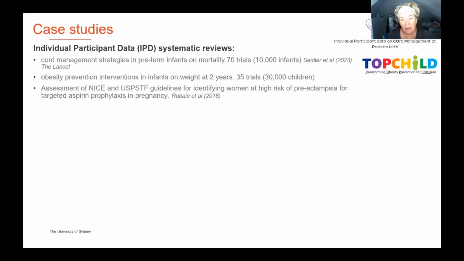There's also Top Child, another important project we're working on, which is all about deconstructing complex interventions to prevent childhood obesity. At the moment, we've got 35 trials, but there's about the same again that we're still trying to get. We're working through the process on 30,000 children to try and understand that. And there's a third project we're working on, or have published before, about managing preeclampsia in pregnant women. A lot of the reason that this is around perinatal and child health is because the predecessor in my role, that was her specialty. I'm a nephrologist by trade, so I've been learning a lot about babies.